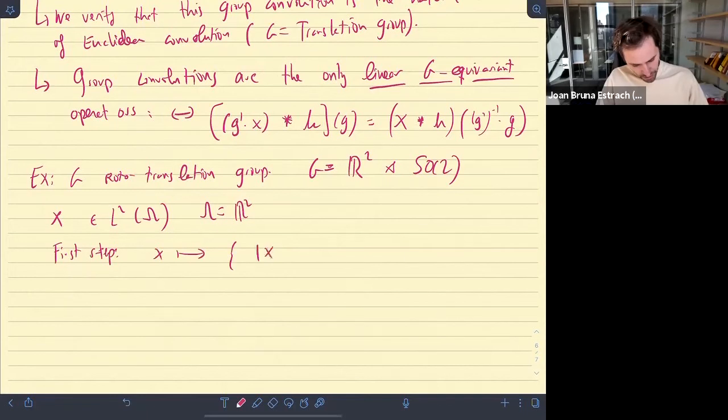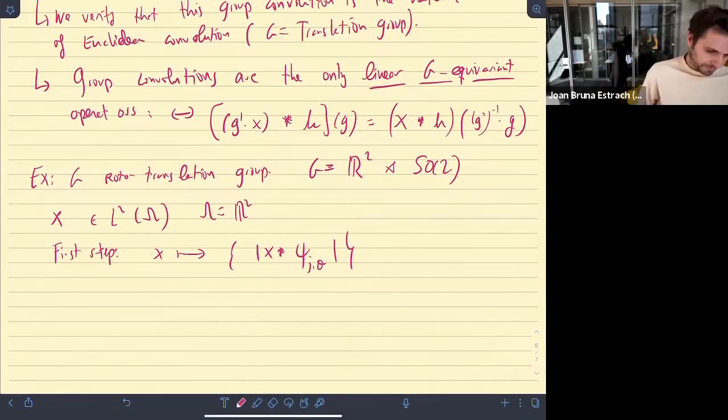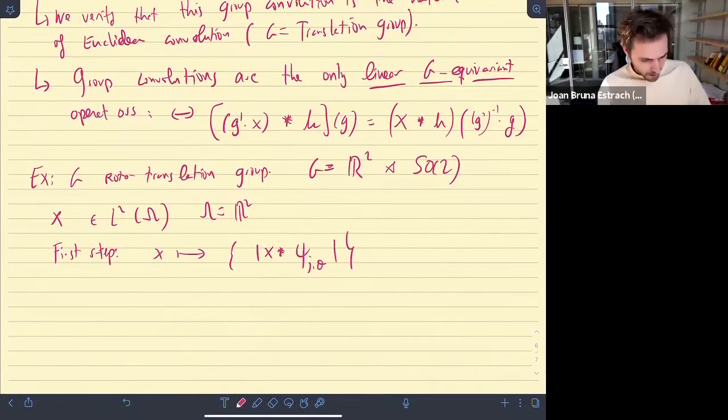So we just do a convolution with all the wavelets at different scales and orientations. Okay, and we can call that, let me just use a definition, we can call it UX. Now it is a signal, so I can just think about this as